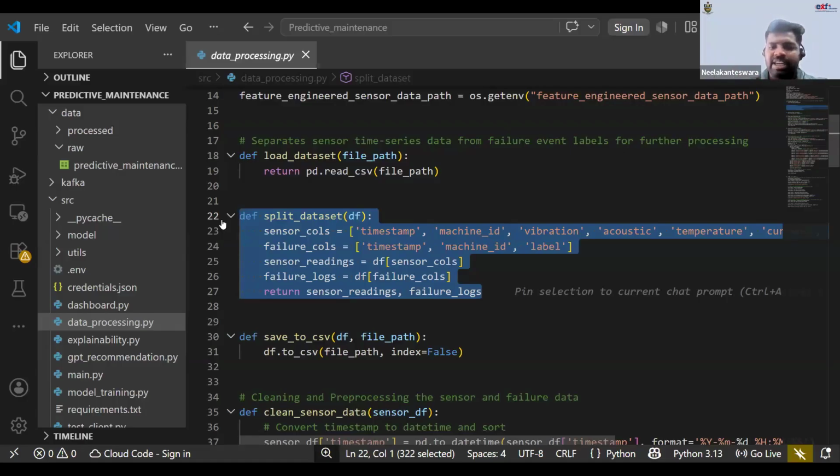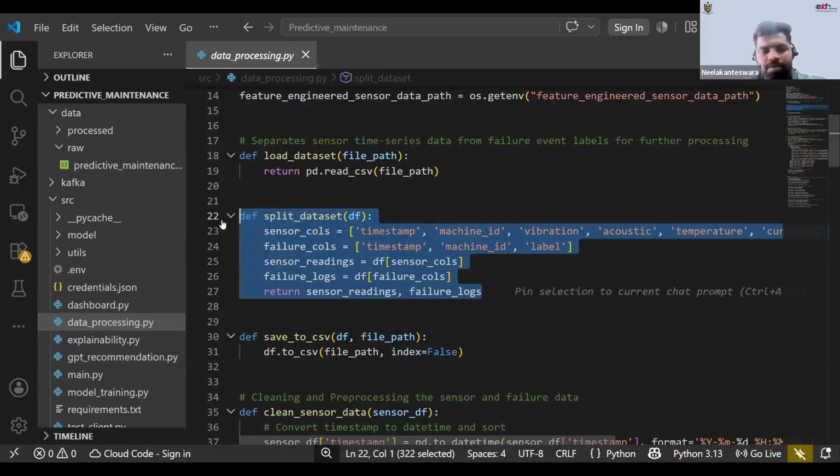So we need to split the data, and normally we take 80 and 20%. That means 80% of data for training purpose and 20% of data for testing purpose. Based on the data and the problem we are solving, we can change it, like 75-25, 70-30.